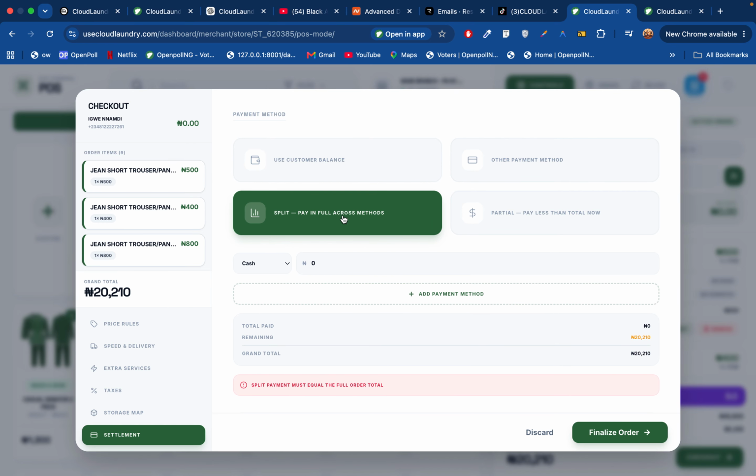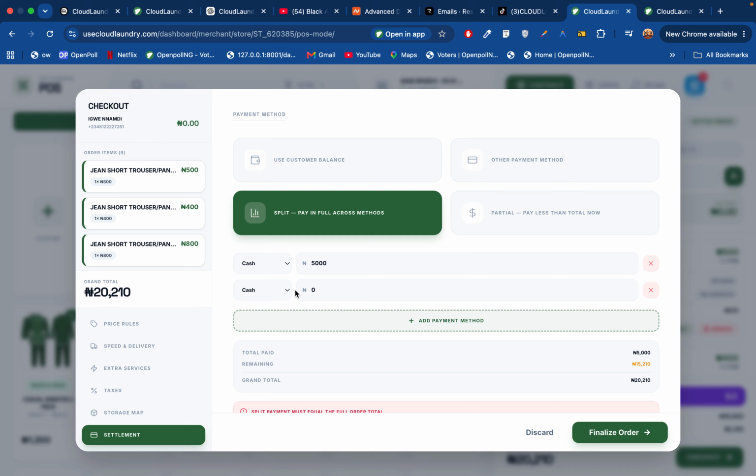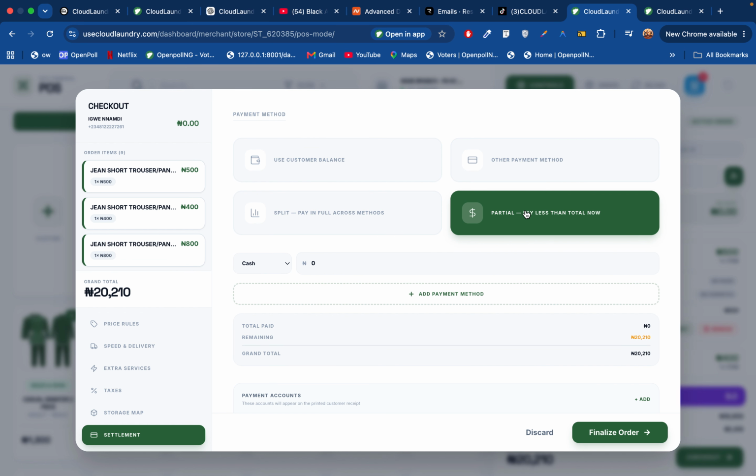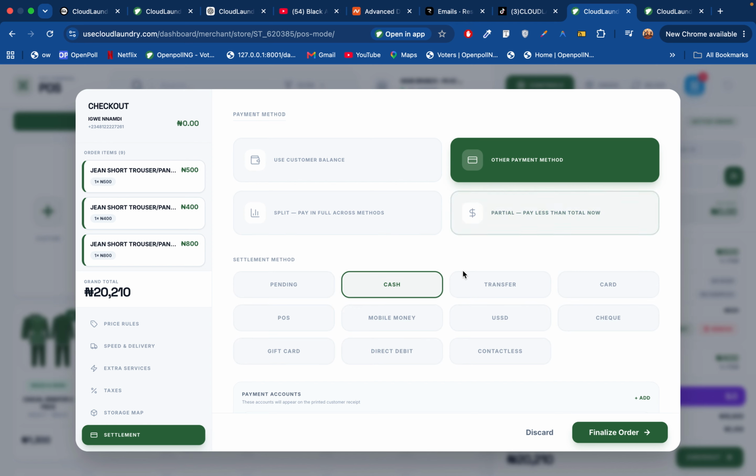Now if the person is paying in two ways, like mixed, maybe by POS or transfer, you can just select POS, enter the amount, click on add, then select another one like transfer. So you can just split them like this. All right, if the person is making a partial payment, you can enter the amount for the partial payment. But right now I'm just going to stick to quick payments, other payments,